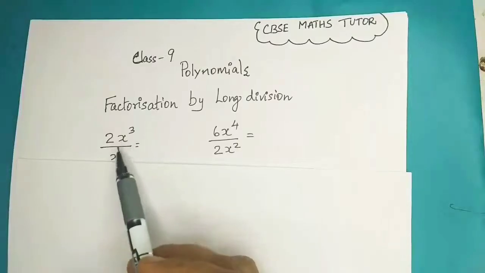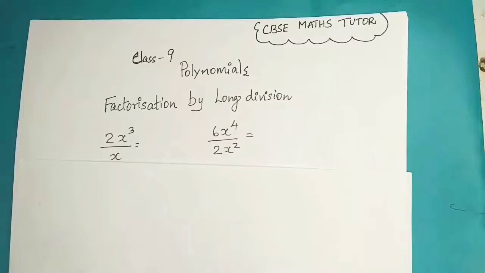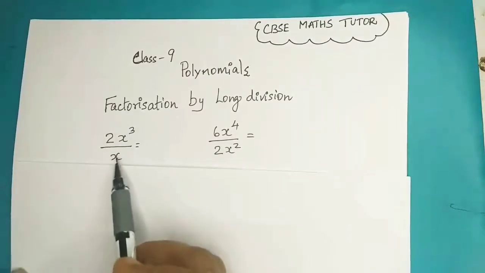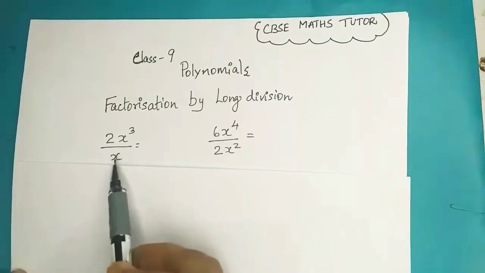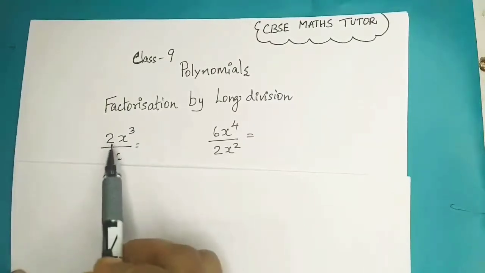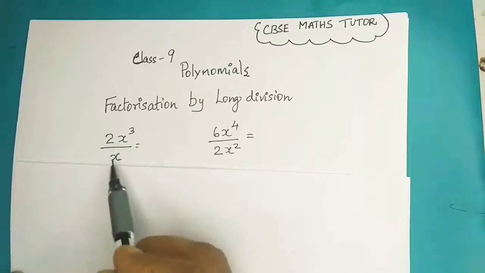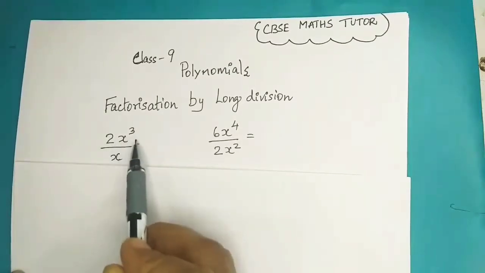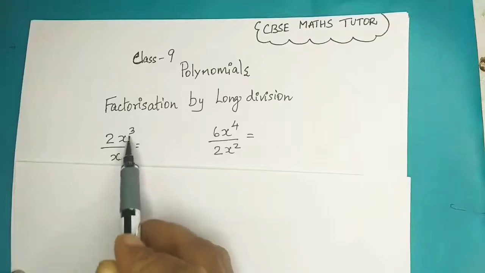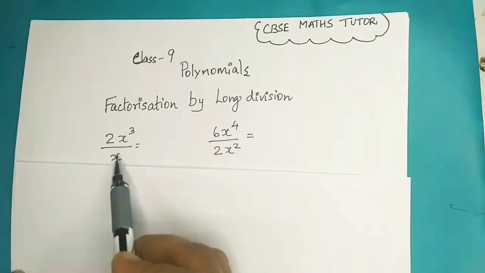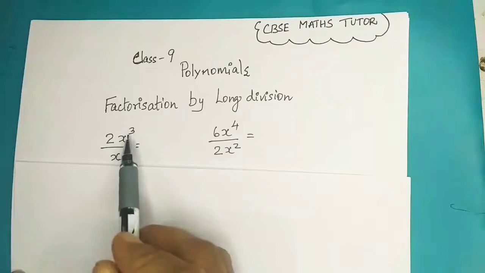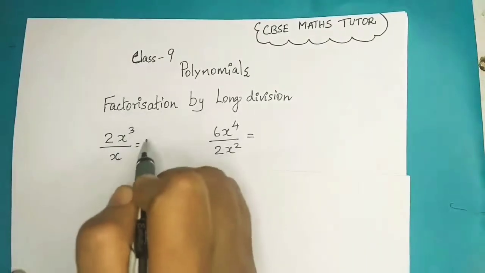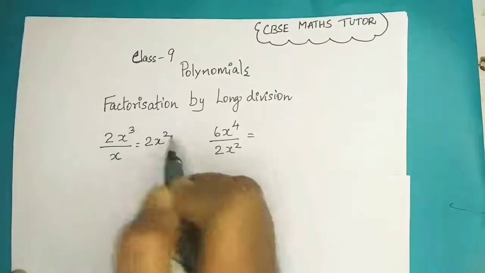When you divide 2x cubed by x, what do you get as the answer? How do you get this answer? We are going to see with what we are going to multiply x so that you get the answer 2x cubed. So x into 2 you get 2x, and x into x square, isn't it? There is x cube here and there is only one x here. So x into x square gives you x cube, and x into 2 also gives you 2x cube, isn't it? So 2x square is the answer.